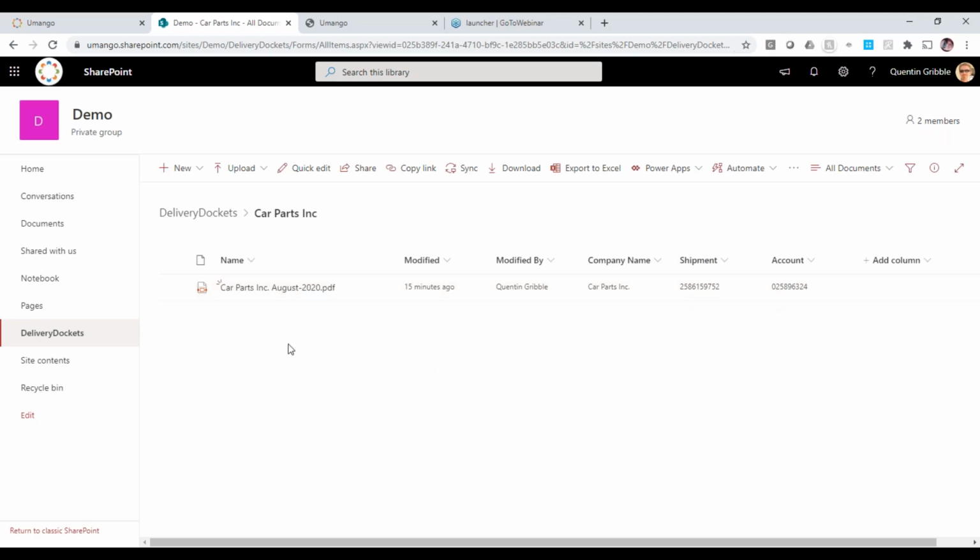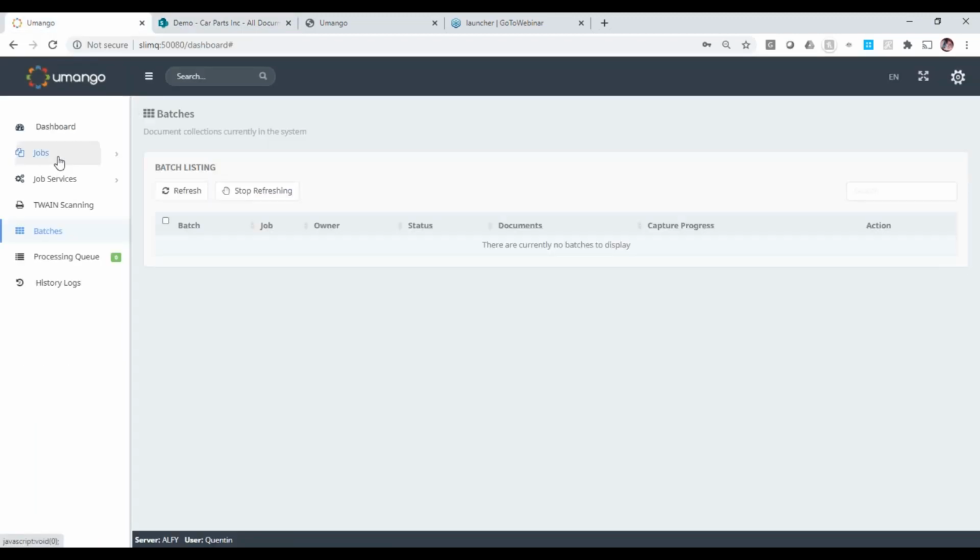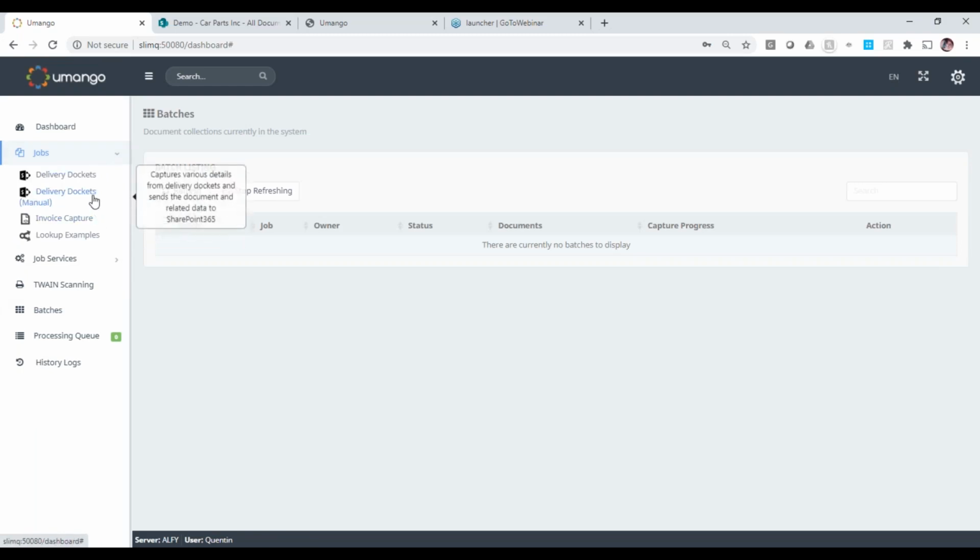document. So Umango has, in a very automated way, taken a bunch of documents, I think it was 9, read the information, processed them through, created folders in SharePoint, populated metadata within the PDF itself, and named the file based on that as well in a fully automated way with no user intervention. But let's imagine for a moment that we had that same job, but we did want users a